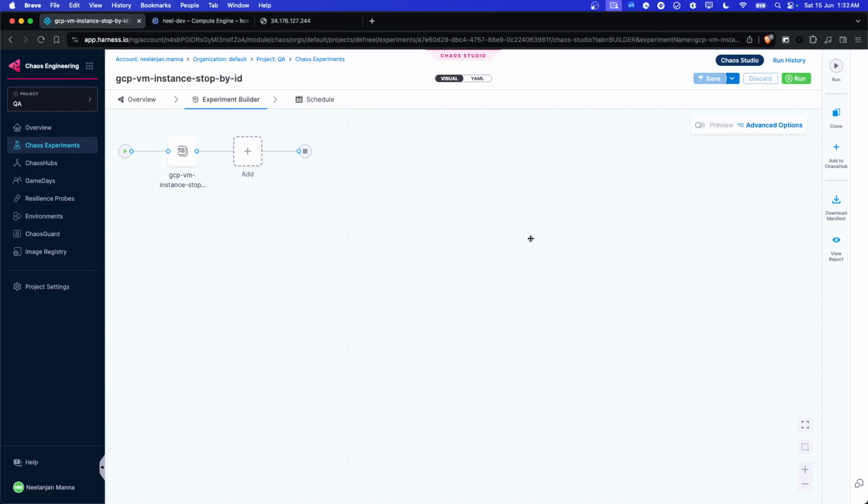Hey folks, let's learn about the GCP VM instance stop fault. GCP VM instance stop fault is a GCP chaos fault which is used for assessing the resiliency of applications deployed in a GCP virtual machine. In this fault, we stop a GCP virtual machine, wait for a chaos duration, and then later restart the stopped